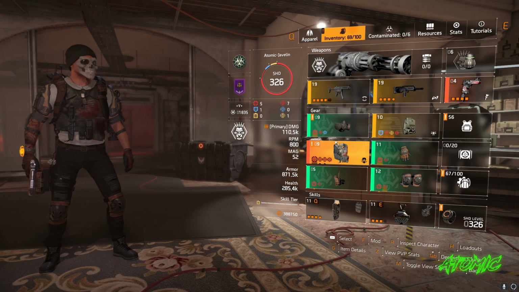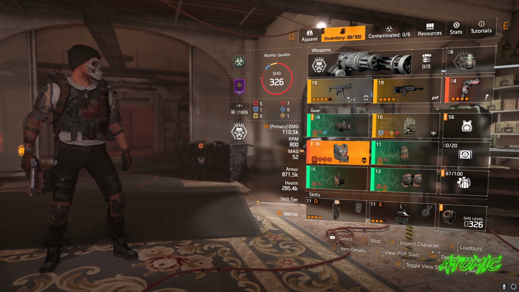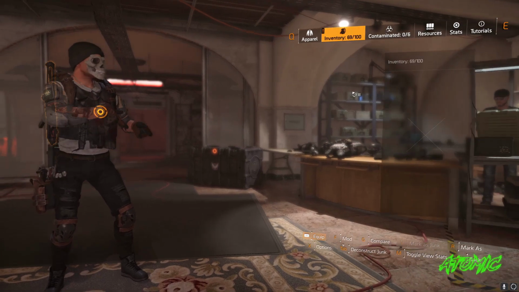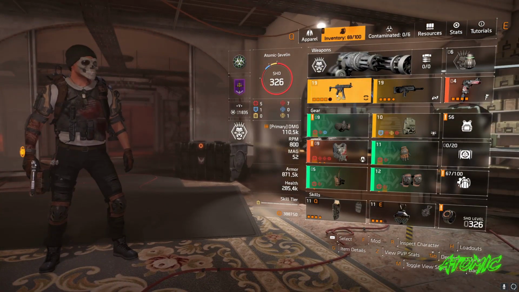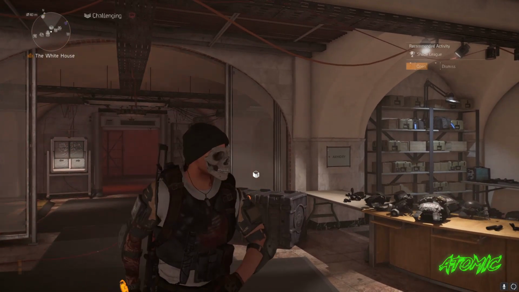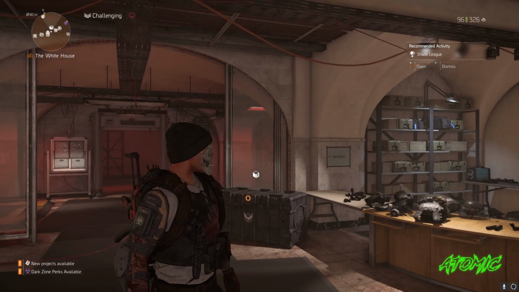the quest. Also, before I go on to the next part of the quest, the Sadist perk, you can just put on any old gun. It doesn't matter. As long as it has Sadist on it, you can throw it in there. And as far as the next part